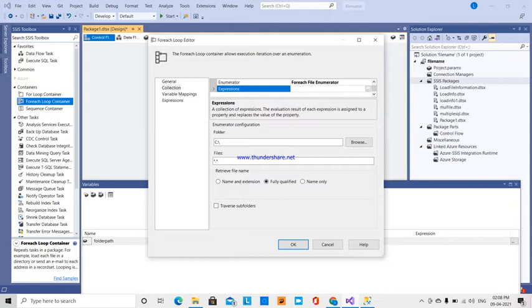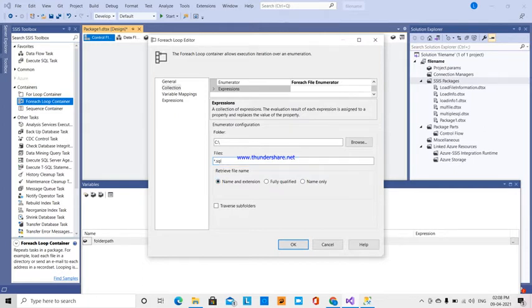Again, it has to check for .sql files only. The folder might have other files also, but with the extension .sql only it has to retrieve the file.